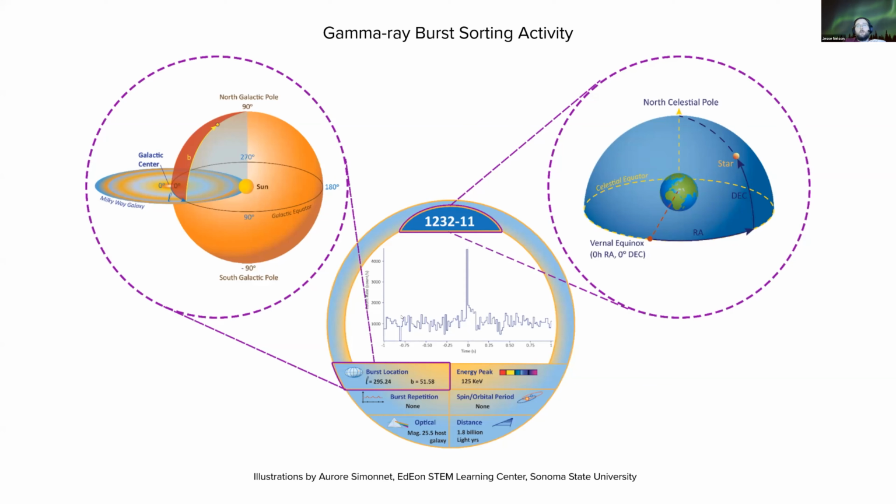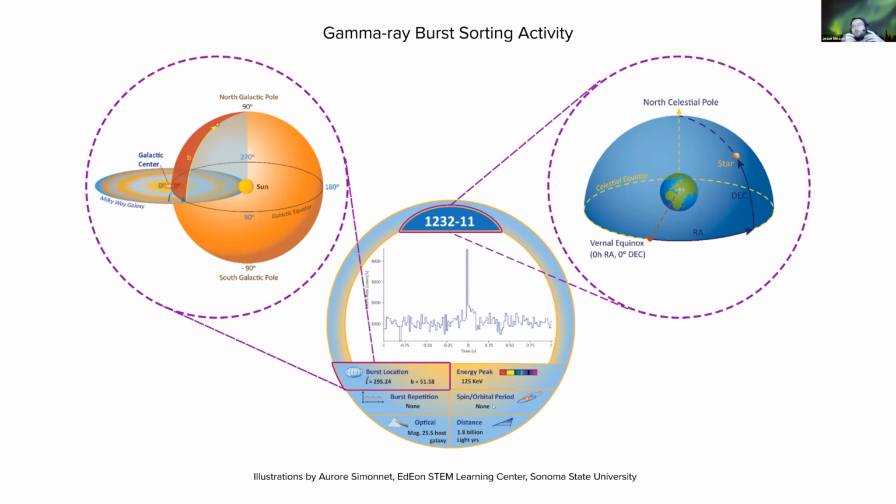In the middle, you have a light curve associated with the gamma ray burst. And basically this just plots how the intensity of the event evolved over time. We also tell them the energy peak associated with each burst, which is basically the energy level at which the greatest number of photons from the event was associated with. We tell them whether or not the burst was known to repeat, or whether the object associated with the burst was known to spew off gamma ray bursts multiple times. In this case, it didn't.